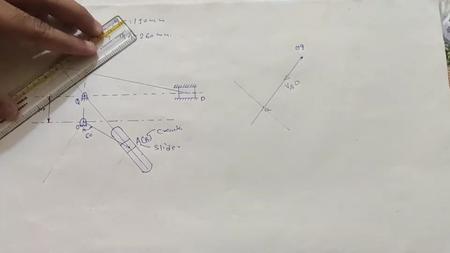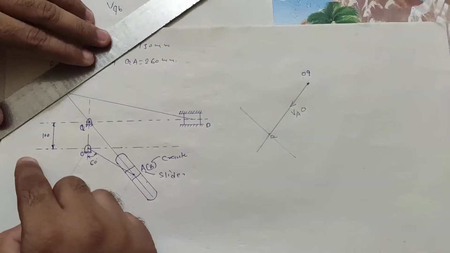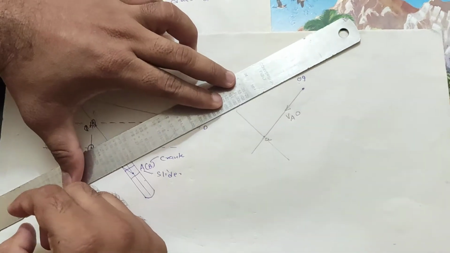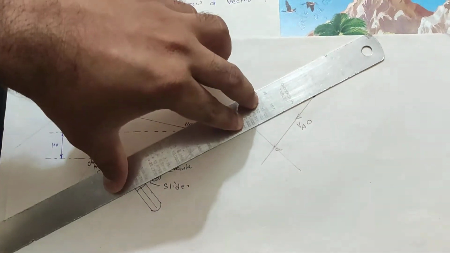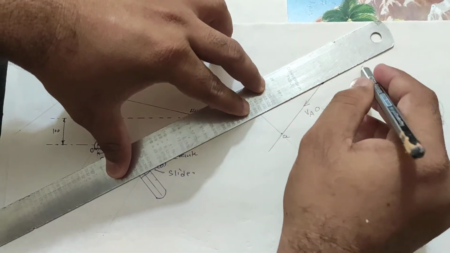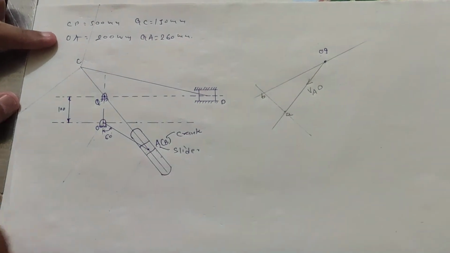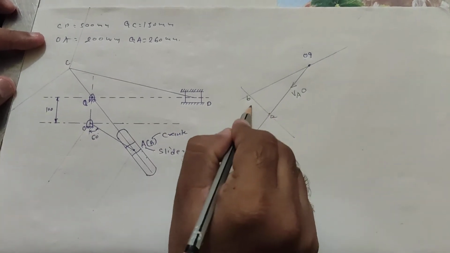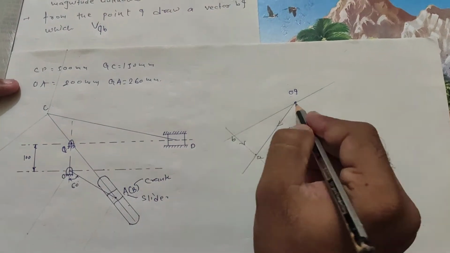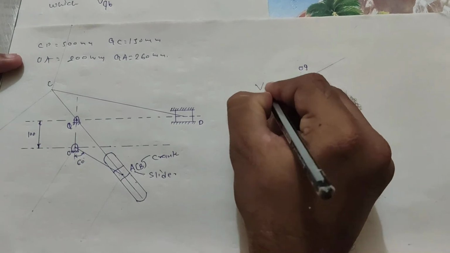So how can we draw it? We can draw this perpendicular to this line. Okay, so we have to draw this line or extend it like this, where it may coincide with the Q. Where it intersects over here, this point we have to represent as B. So that is the velocity of AB, and it may move in this direction, and this is the velocity of QB.